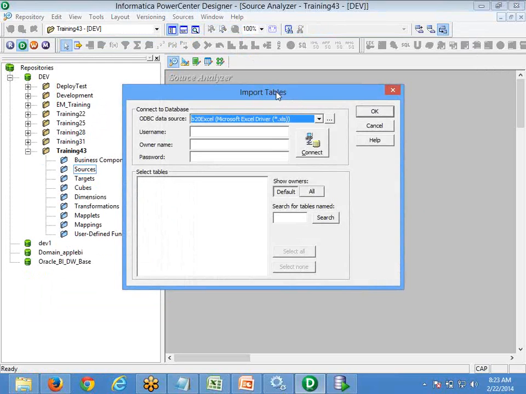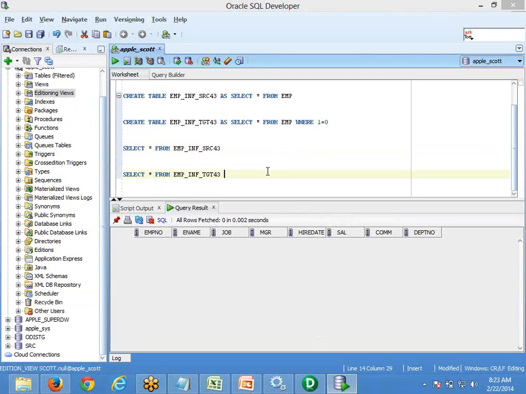So quickly tell me, if I want to know the table name, column names and their data types of this table, can you tell me how you can develop? Modeler.